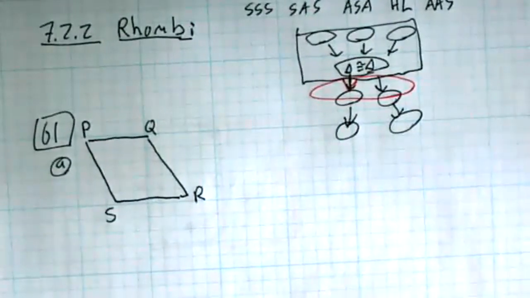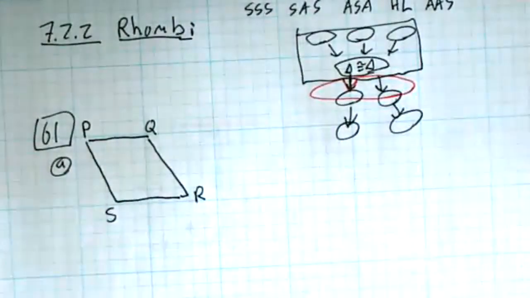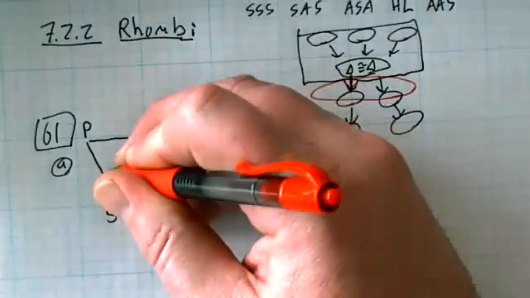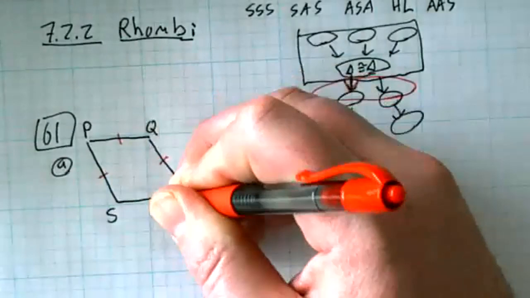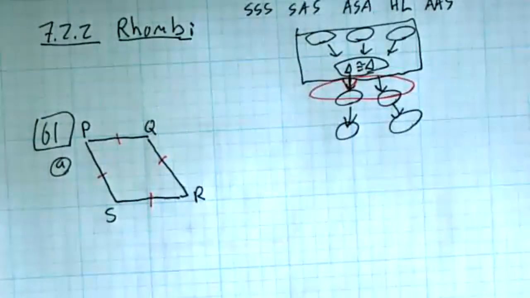If you weren't here on Tuesday, we did definitions for some different quadrilaterals. What was the key part of the definition for a rhombus? Not parallel. All sides, 4 equal sides, 4 congruent sides. So they told us it's a rhombus, so we can go ahead and mark all 4 of these sides congruent. That's the definition of a rhombus. If they tell me it's a rhombus, then I know for a fact that all those sides are equal. It doesn't really look like it the way I drew it, but